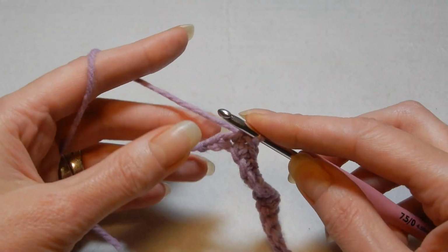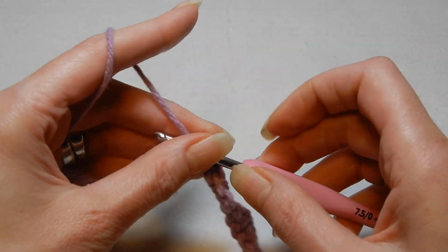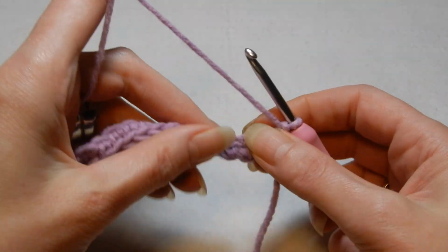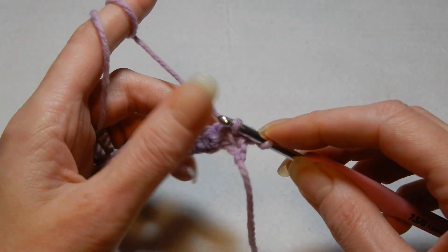So the last chain, single crochet also, and this stitch has only one row repeat. We're gonna chain one, turn your work, and into the first stitch, single crochet,